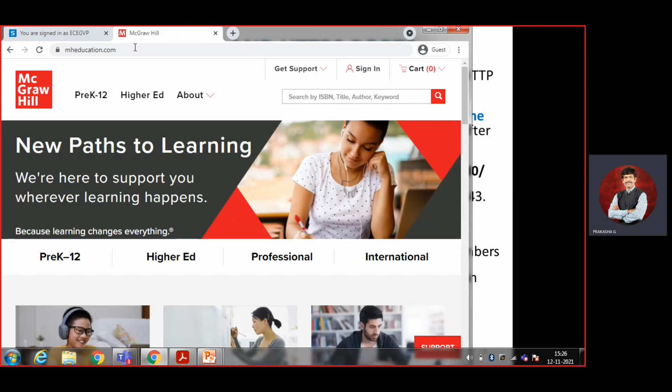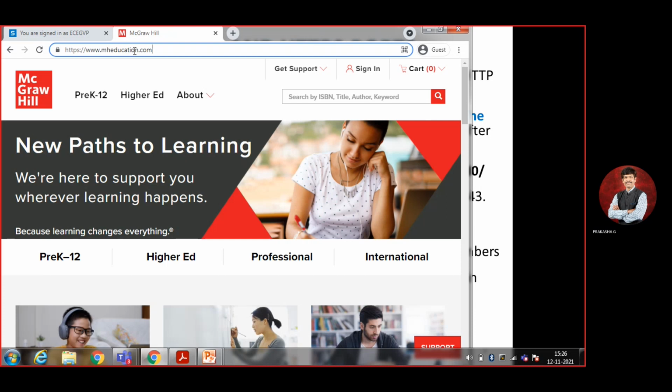It's leading to the .com only. Even though you're giving 80, it's giving .com only. See here. Clearly it is mentioned HTTPS. It's not HTTP, it's HTTPS. It is secure. Okay, so now I'll try to access